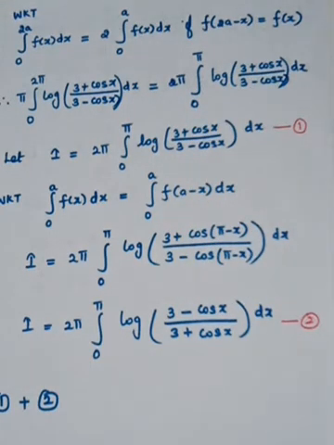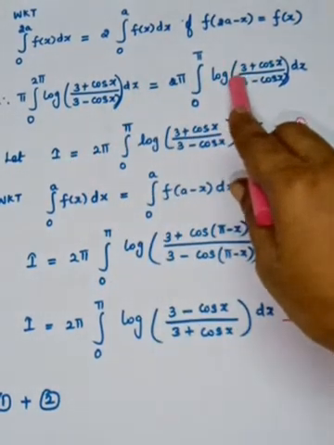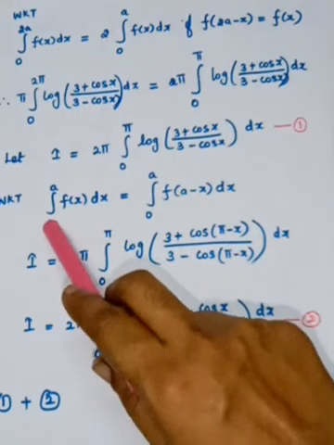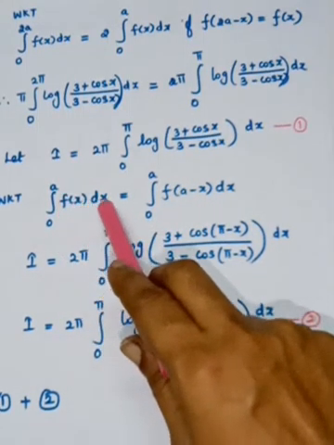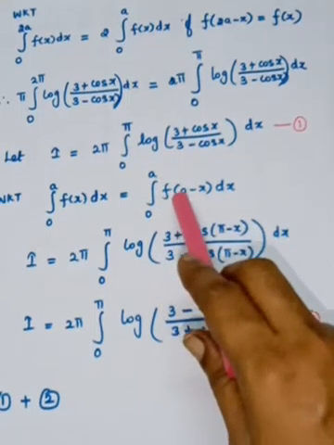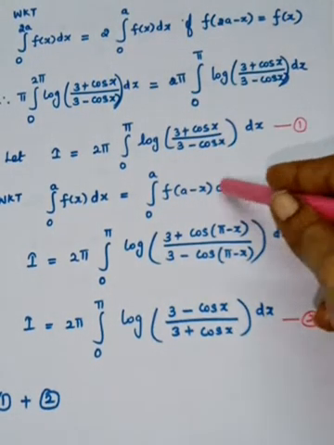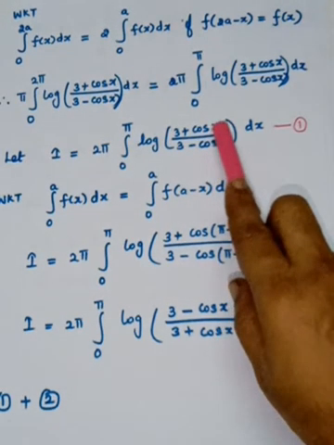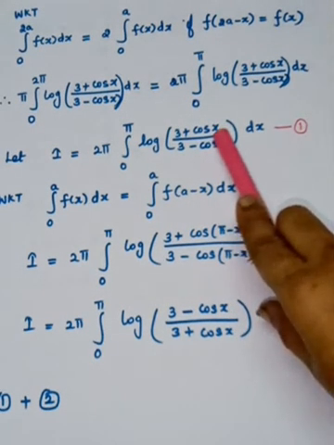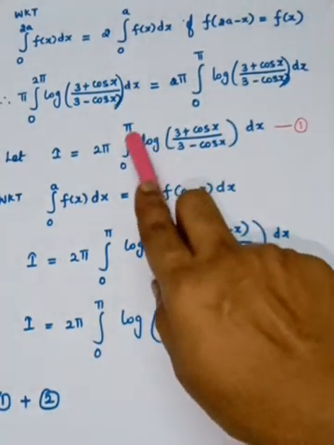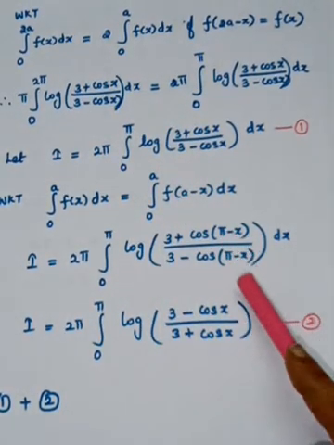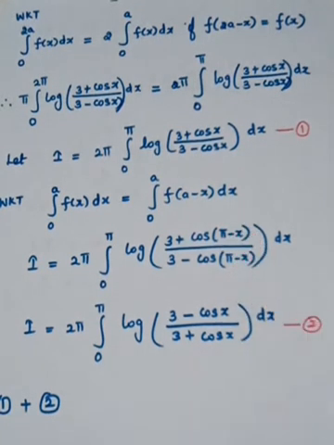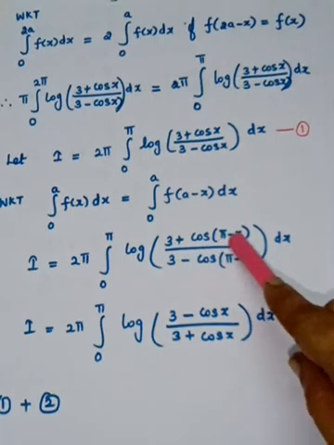Okay, you call this I. So this integral you take as I. Here you know another property: 0 to a f of x dx can be written as 0 to a f of a minus x into dx. Whenever you have x, you can replace it by a minus x. So this x has to be replaced by pi minus x, as your a is pi. So cos of pi minus x: this pi minus x lies in the second quadrant, and in the second quadrant cos is negative.